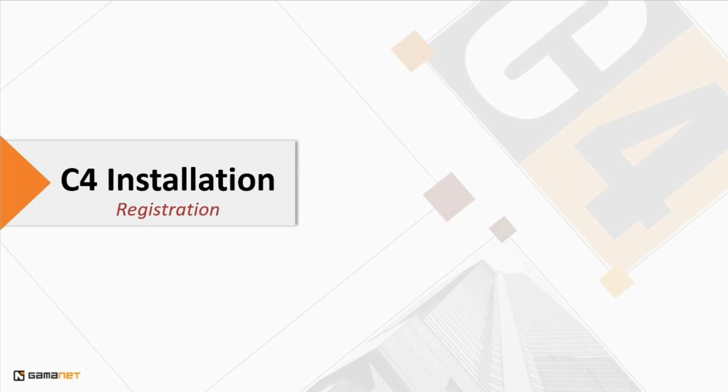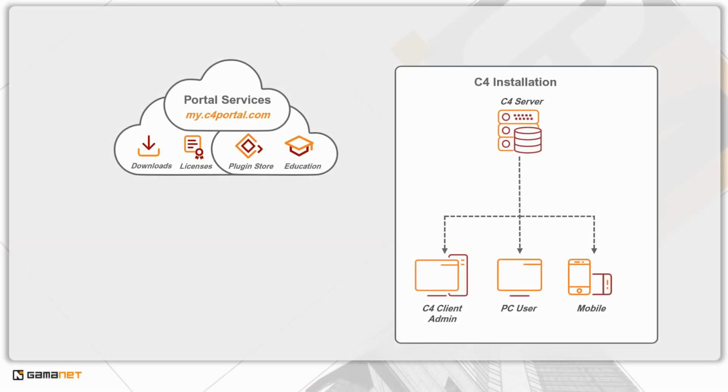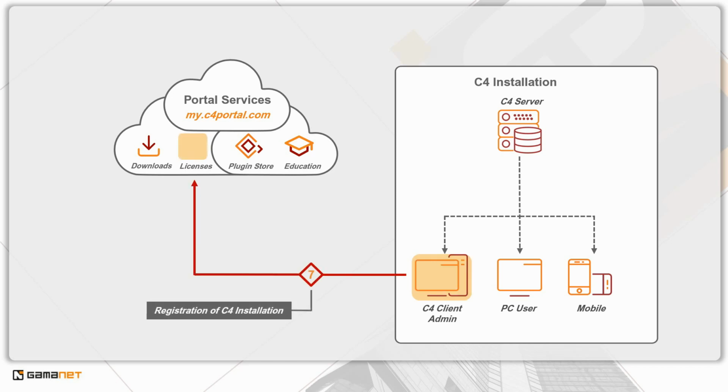In this lesson, we will guide you through the installation registration process. You will learn the basic steps and reasons why registration is a mandatory condition for using the C4 system. Registration completes the process of signing the license agreement between the C4 system user and Gaminet. It enables management of licenses to the C4 server and also for all extensions. Correctly filled data is also an essential condition for technical support from Gaminet. During registration, you must have access to the internet from the computer with the C4 client.